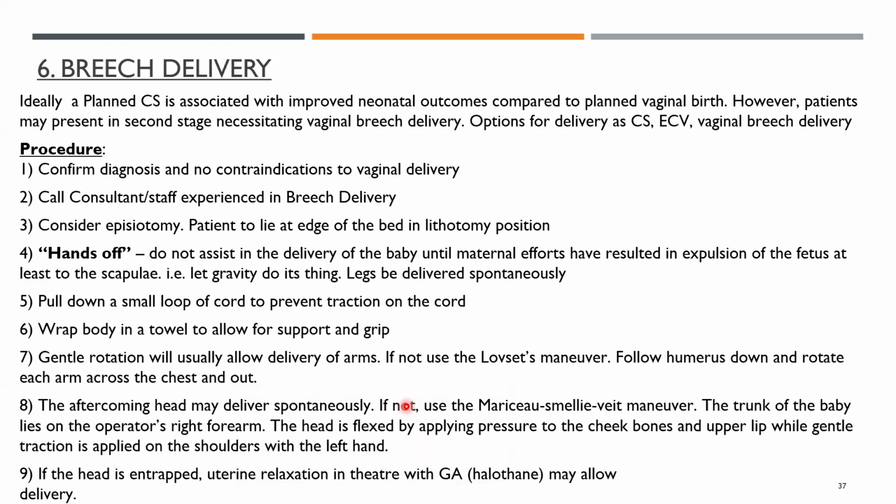So in most cases and in practice nowadays, ideally, if you see a breech presentation, it is approached by doing a CS. It is normally not done as a vaginal delivery because there's a very high risk. However, in a situation where you're caught off guard, this mom has come with no ANC history, and she's already progressed through labor, and you need to do a breech delivery, you must ensure that you've confirmed this diagnosis. So let's go through the steps of how we do it.